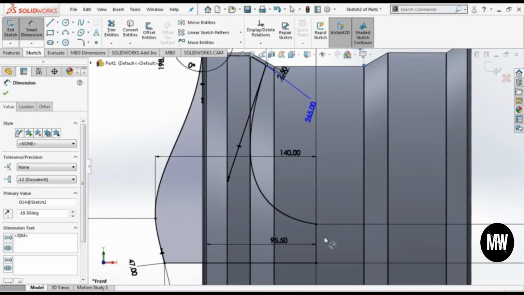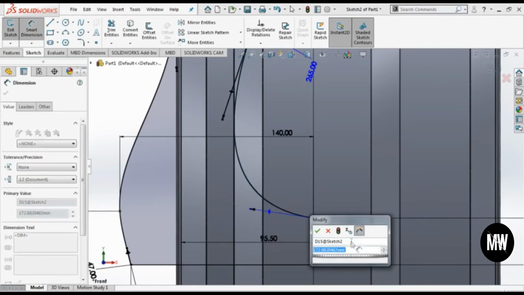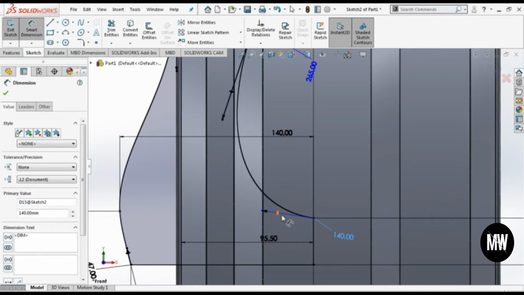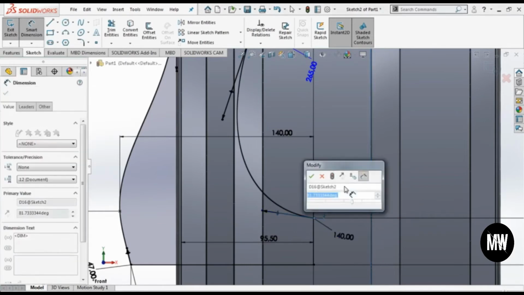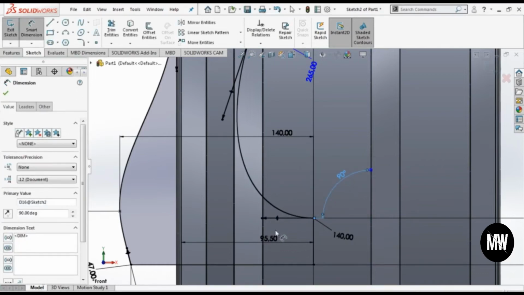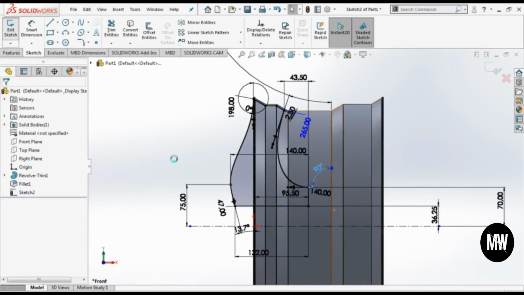Let's do the same thing on this point. So click on the spline, click on the vector, and the length here is 140, and the angle between this line and this one should be 90 to make it horizontal. This is how we work on the spline. So now let's exit the sketch